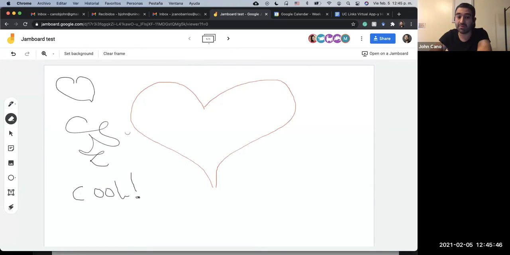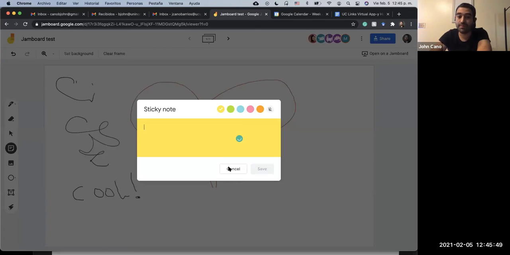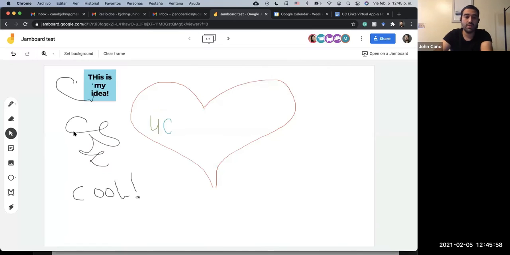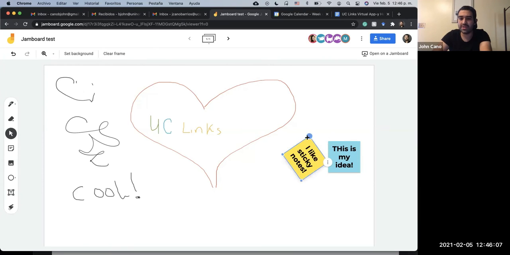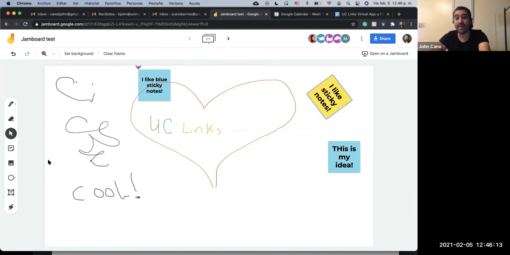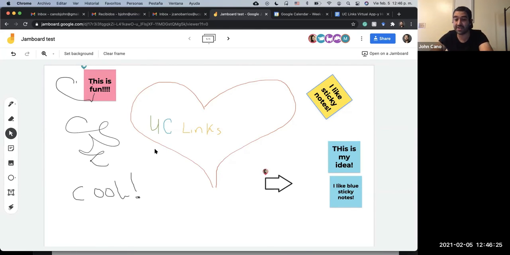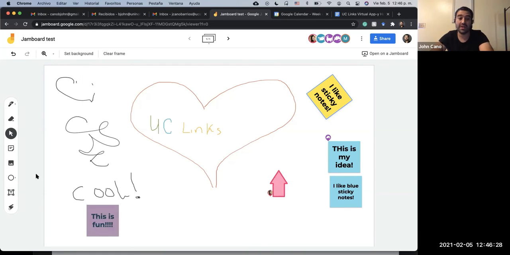You can erase like a regular eraser. You can put sticky notes, and then you can move them around. So it's a way to foster some kind of collaboration and brainstorming. If you want students doing mind mapping of reading they're doing in their classes, or you want kids to bring ideas of what they want to do, or discussing, they can enter images from their computer, so they can Google images, or if they have their own pictures, they can upload pictures to this